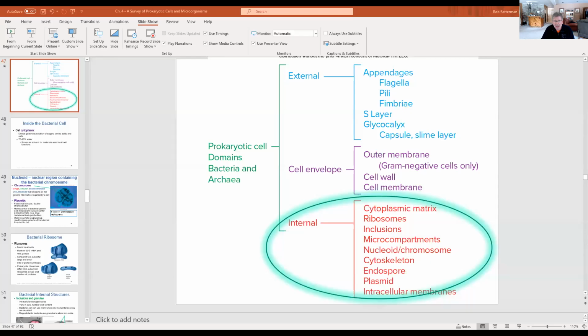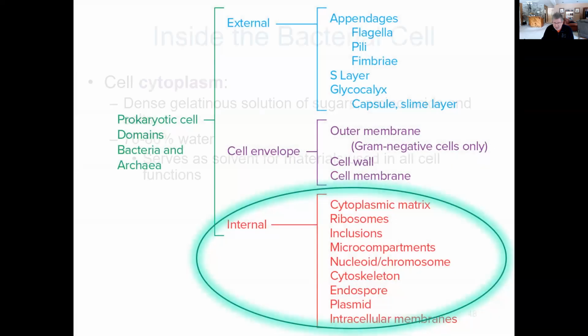Okay, welcome back, everybody. We're going to continue on in chapter 4, which is the survey of the prokaryotic cells. We've talked about external features and a little bit about the cell envelope of prokaryotes. We want to continue our survey of the cellular structures by examining some of the internal features, starting off with